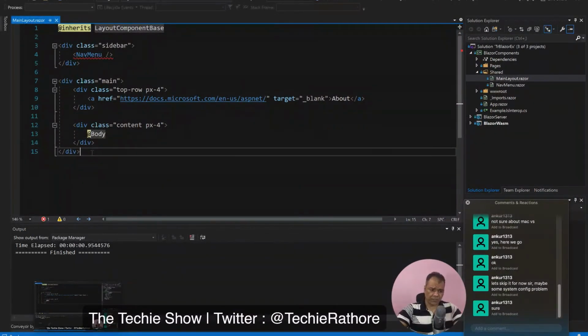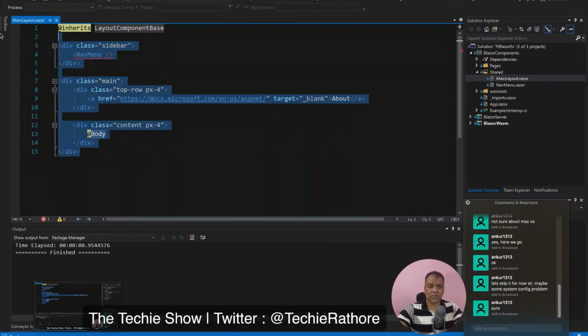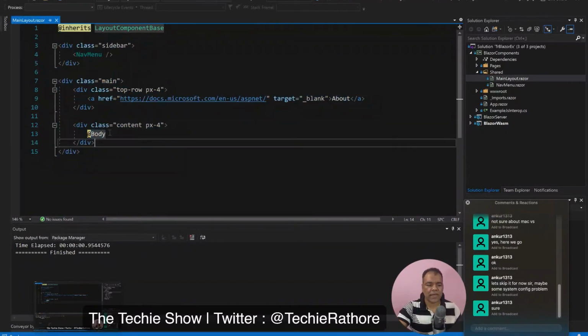It's pretty much similar to your layout.cshtml in MVC. You have this div and all the structure here, and this @Body represents whichever component is being shown right now, okay. So this @Body will contain that particular component, okay.